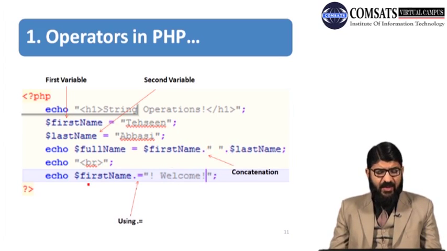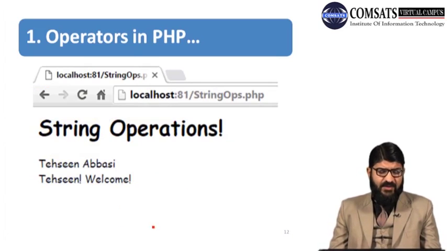And now whatever the value is, it will be in the first name, that is this one, then dot equals to. Now the second type of string concatenation is presented with welcome equals to, and now mention the concatenation of first name over here. So here you are using only dot, while here you are using dot equals to. So the result for the first one is the first name and then the last name by using the concatenation, and the result for the second one is first name and then the defined text as append.